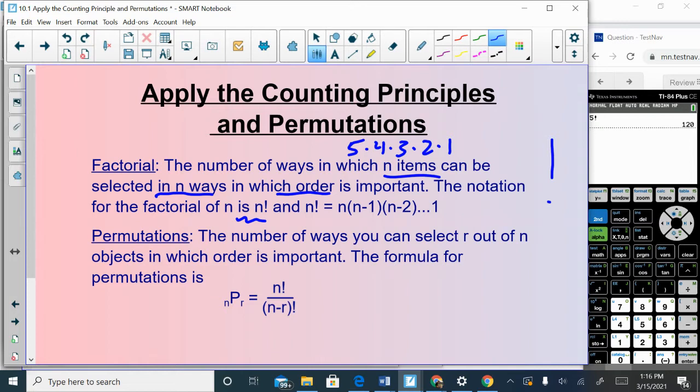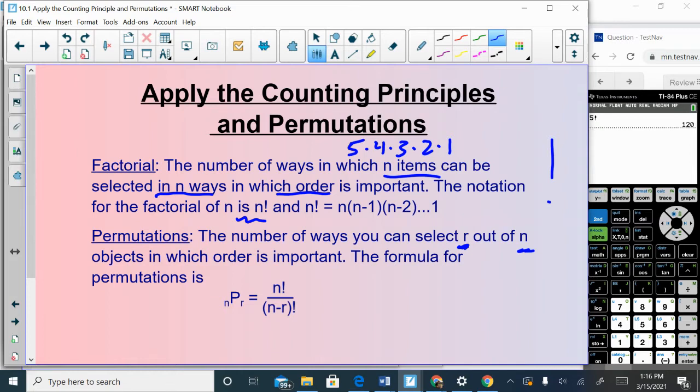Permutations, on the other hand, should be a review word for you, and it is the number of ways that you can select r out of n objects. So let's say there are 10 objects, and you want to know how many ways you can select 3 of them. Okay, you're not taking all 10 in this case. If you had 10 objects and you wanted to organize all 10 in which order is important, that would be factorial. But if you had 10 objects and you only wanted to figure out how many ways you could select 3 of those objects,